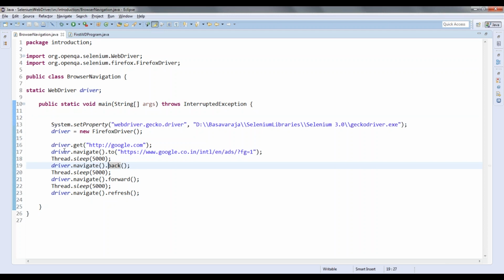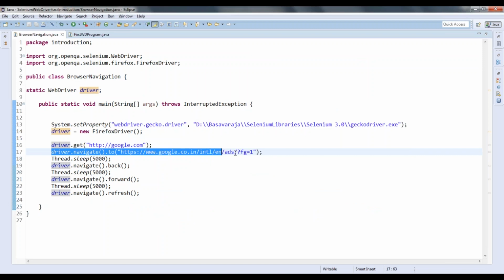No, right? So frequently, back and forward we may not use. We may use refresh as and when we require that, and we may use navigate to. Because driver dot get will open a new instance of the browser. But if you want to navigate from one page to another page, you can use the driver dot navigate to function.